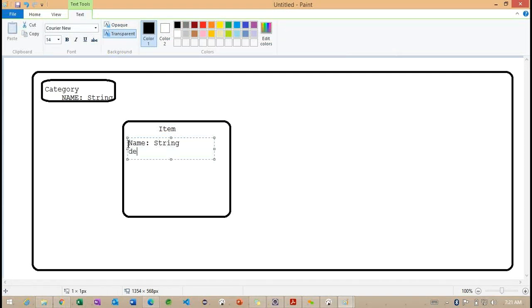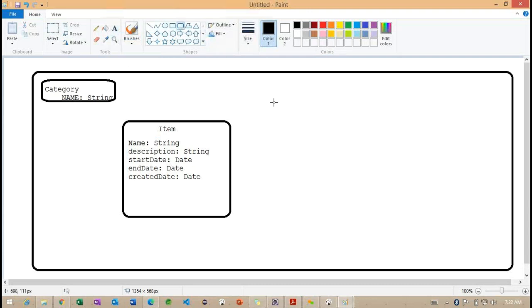Then item description, and we can work with the description also as string. Then some date information. What are the dates we are having? Start date, end date, and created date. Start date, here we are having the date property. And end date, finally created date. So these are the properties we are going to work with as different columns here.